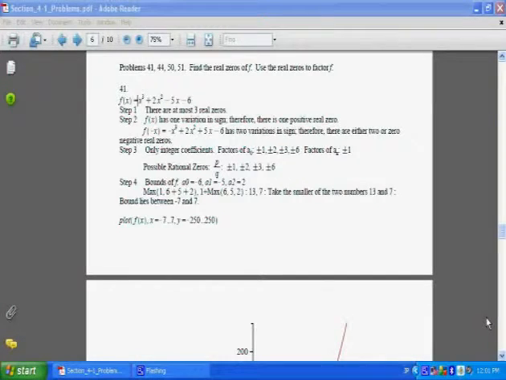Hi James, I'm going to go through the last four problems in this section. It says for these, 41, 44, 50, and 51, find the real zeros of f, use the real zeros to factor f. Okay, so in order to do this, I did it as explained in example 10 on page 248,